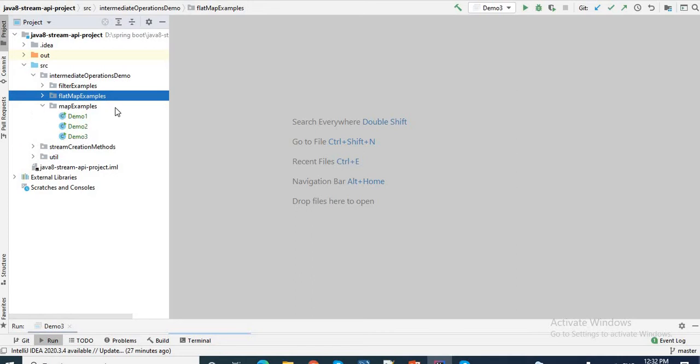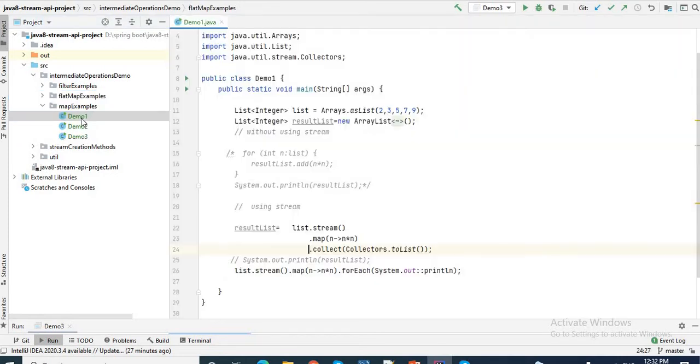What we learned from map, if I open this demo one, see. First we have a collection of objects. So this is the list. To process the data in a collection, we need to add it to a stream. So that's why we add this list to stream first. Then we want to get our result list which contains the square of each element of this list. That's why we need the map function.